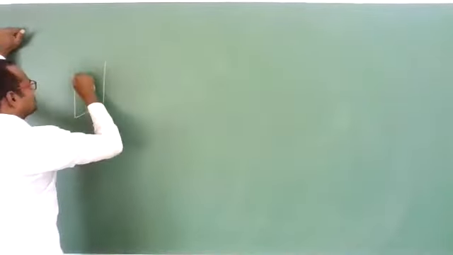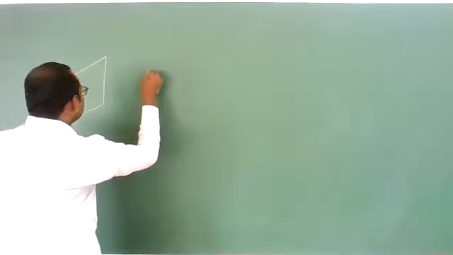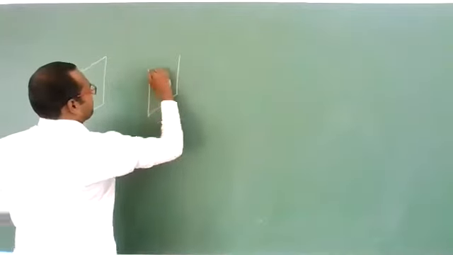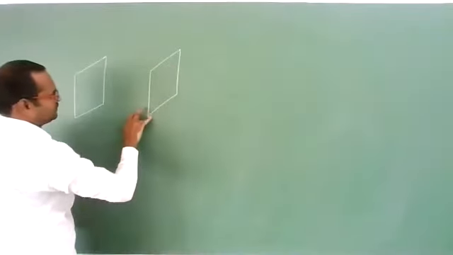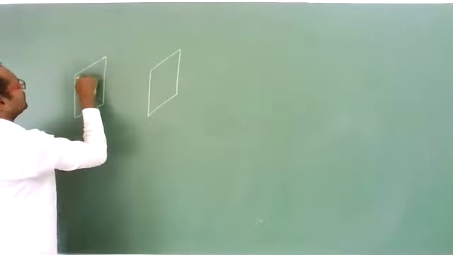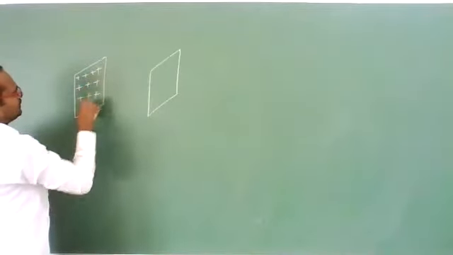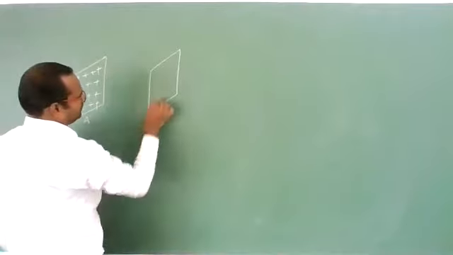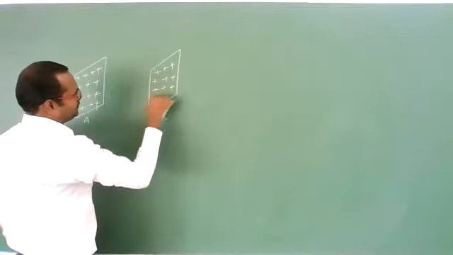Like this. And here one more sheet of charges. And these two are separated by some distance, let us suppose. Here charges are there, let us suppose. And this sheet is A and this sheet is B, I am calling it. Okay, two different sheets are there.